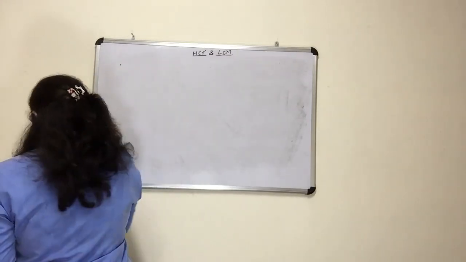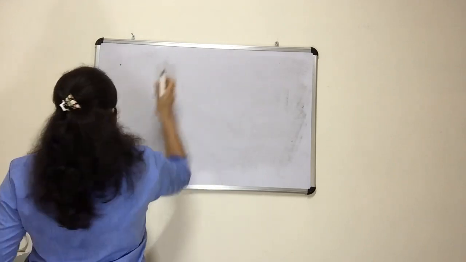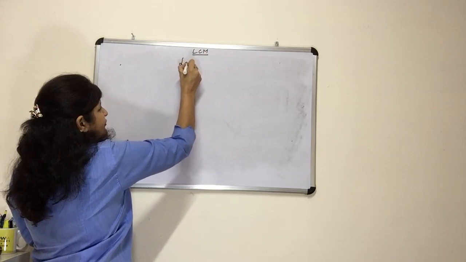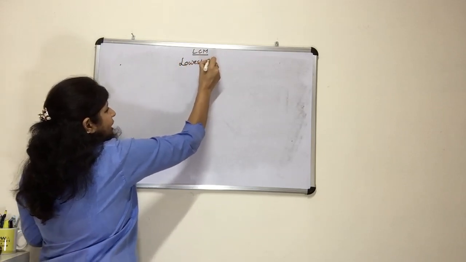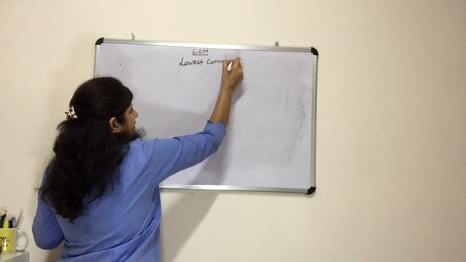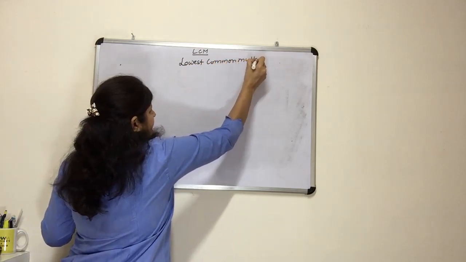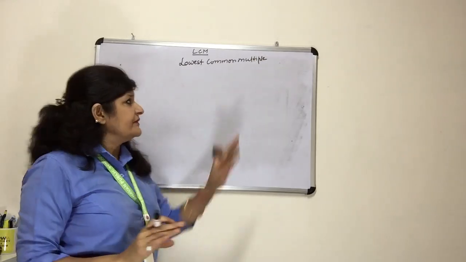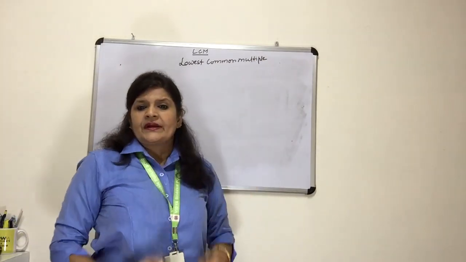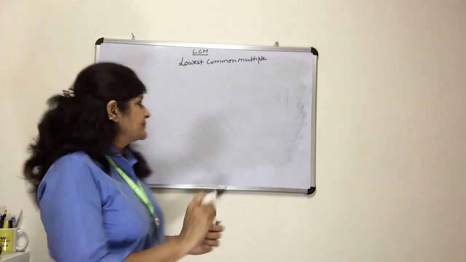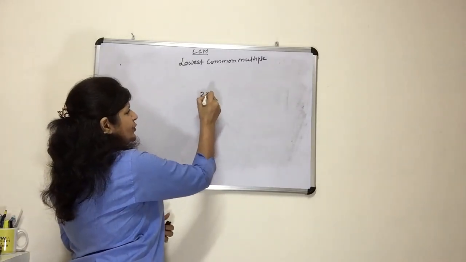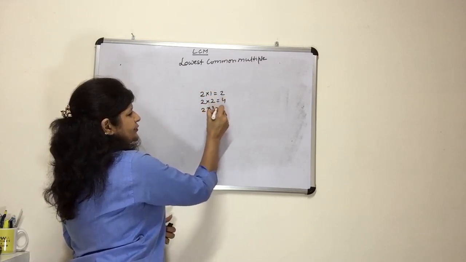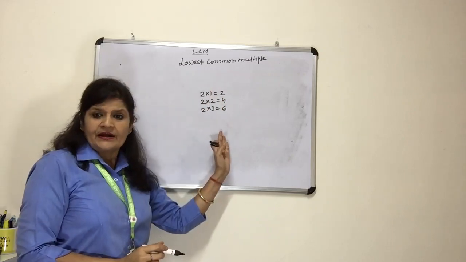This is LCM. Now we will do LCM. This is least, or you can say lowest common multiple. In a better way, you can understand very easily what a multiple is. Whatever tables you people are doing, it is a multiple. Suppose the table of 2. So the first multiple of 2, 2 1s are 2. Second multiple, 2 2s are 4. Third multiple, 2 3s are 6. So these are the multiples.